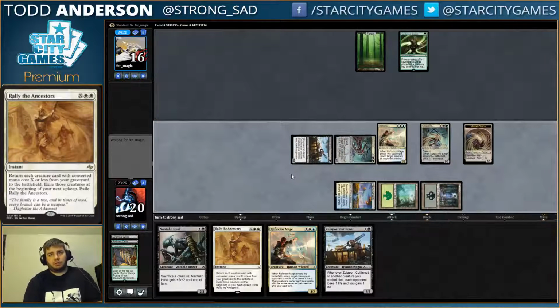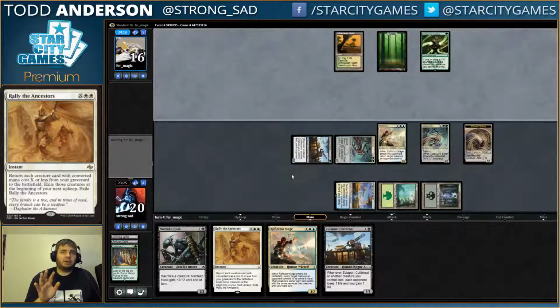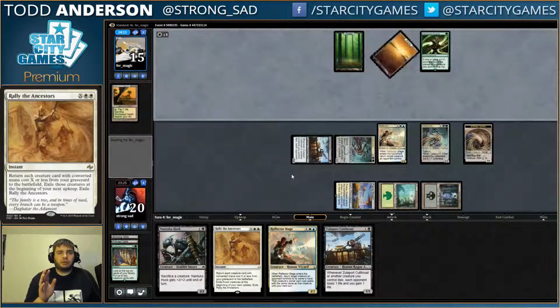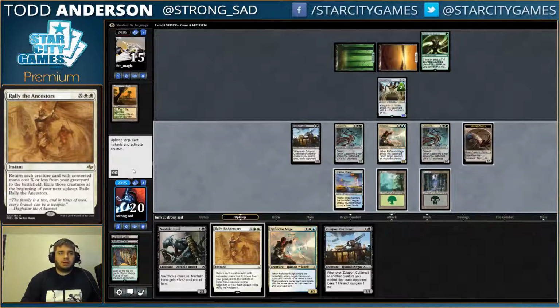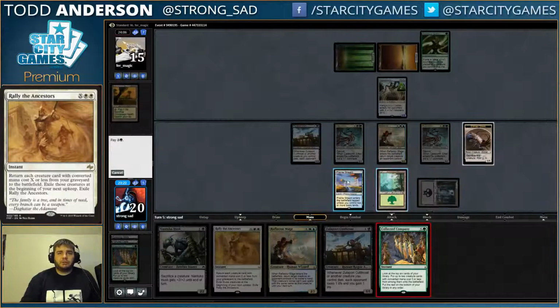We draw. We could have done it the other way where we actually sacked the token. So I played Collected Company with the Eldrazi Scion as part of the cost. So like, the ability went on top of the Collected Company as opposed to underneath it. It's kind of a weird way to phrase it, but